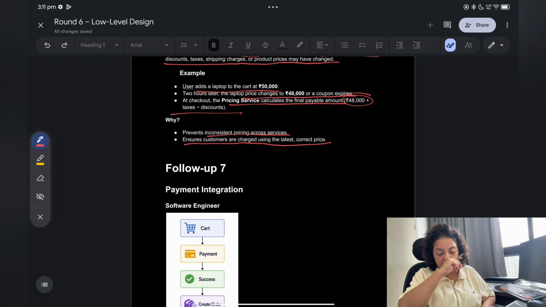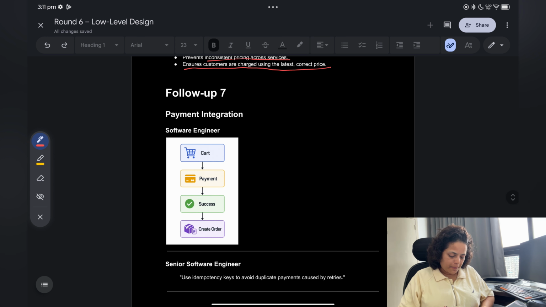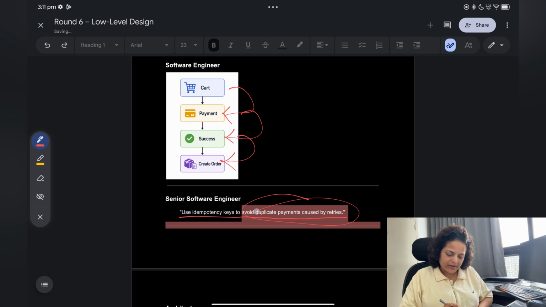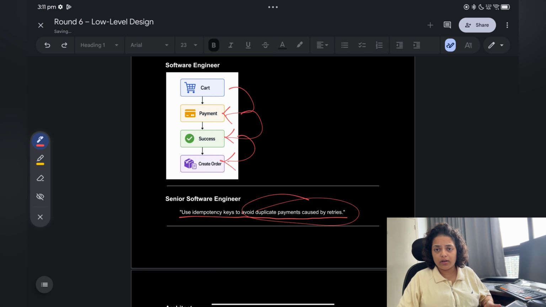So how will you integrate the payment? The software engineer will say that the user has added an item in the cart, it will go to the payment service, and only if the payment is successful will he create the order. The senior software engineer will say to use an idempotency key to avoid duplicate payment caused by retries. So here he is talking about